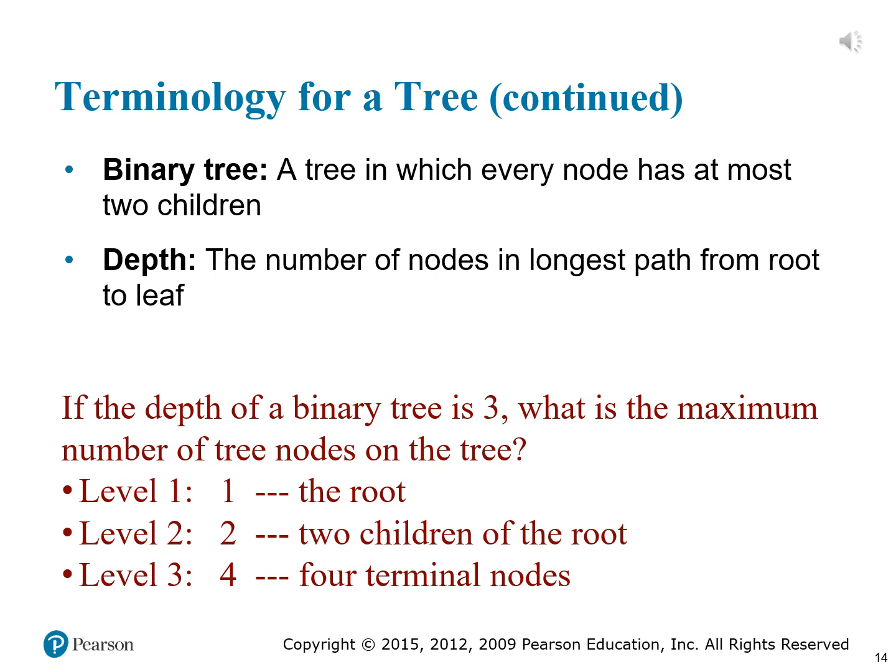At level 1, there is one and only one node, the root. At level 2, there are 2 nodes at most from the root. At level 3, from each node at level 2, there are at most 2 children growing from it. Thus, there are 4 leaf nodes on the tree of depth 3. If we add the numbers together, the maximum number of tree nodes on a binary tree with depth 3 is